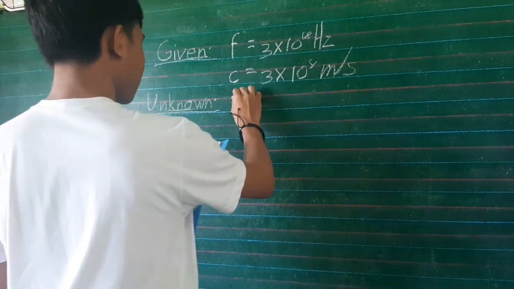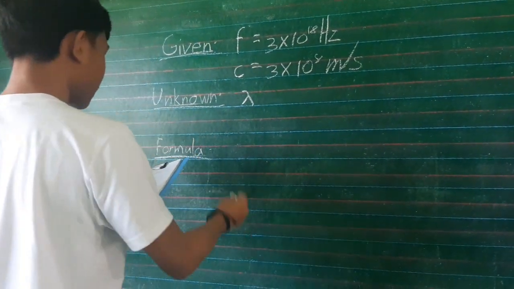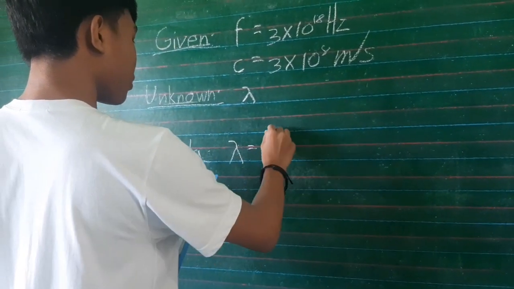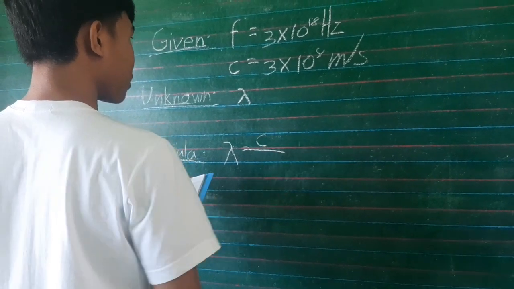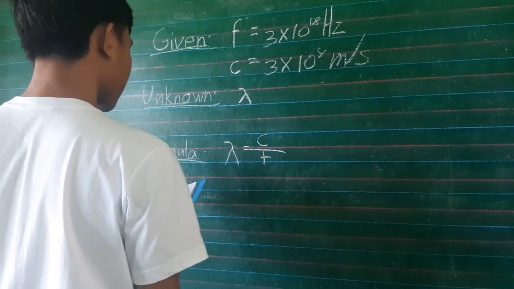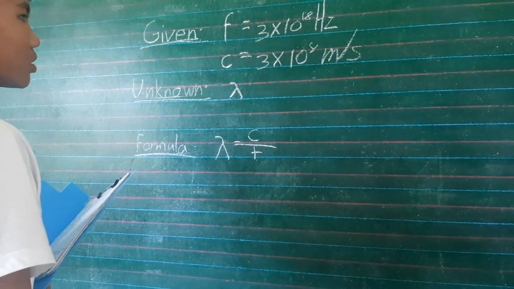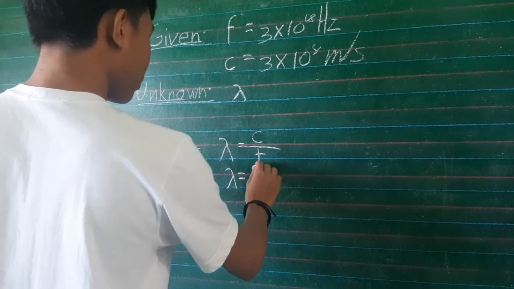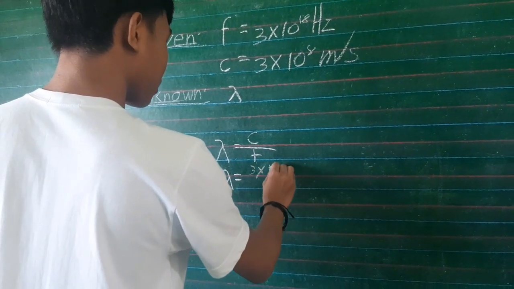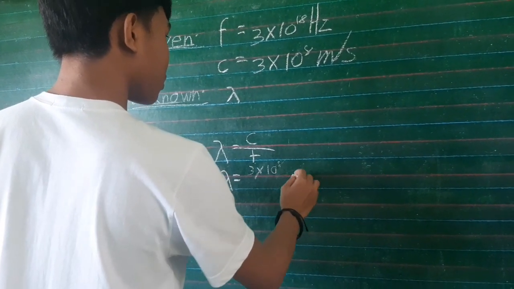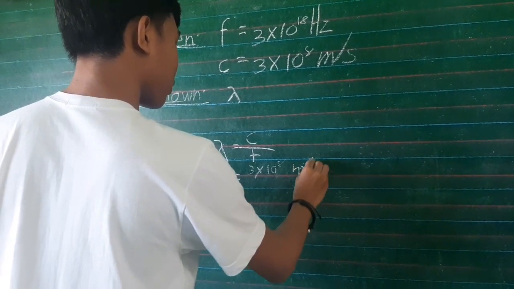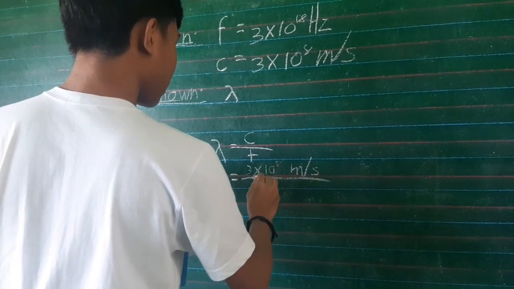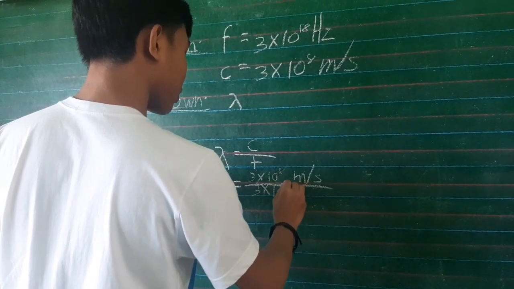And the unknown will be the wavelength. The formula we will be using will be wavelength is equal to wave speed divided by frequency. Now we can start substituting. So wavelength is equal to 3 times 10 raised to 8 meters per second divided by 3 times 10 raised to 18